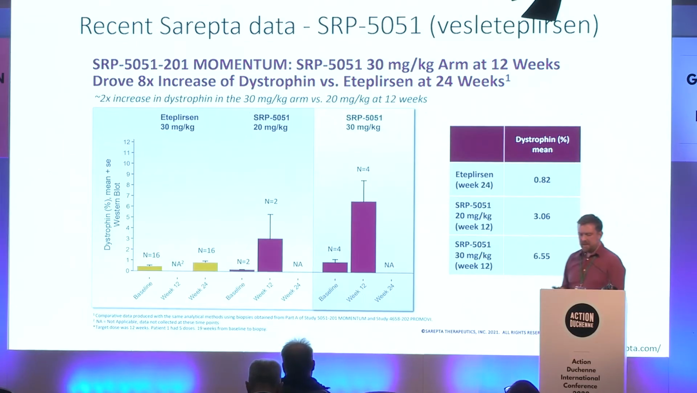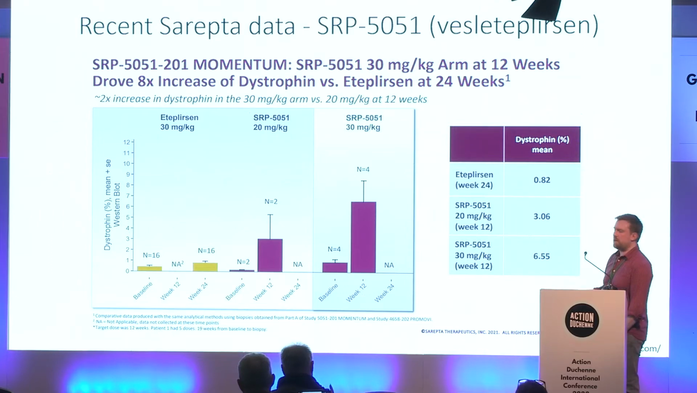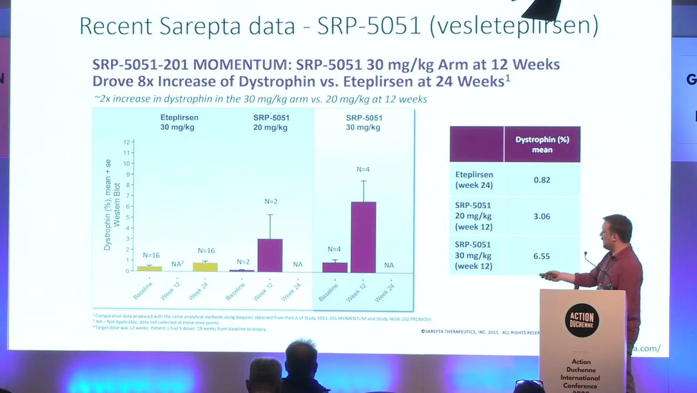So here is one slide of data, taken from the Sarepta website, just to illustrate this point that PPMOs really are more effective than PMOs. You can see on the left with the orange bars, this is 30 mg per kg treatment with eteplirsen, and then the dystrophin Western blot, measuring dystrophin expression 24 weeks later. You can see that the levels are less than 1%. That's on the far left. And then on the far right, we can see